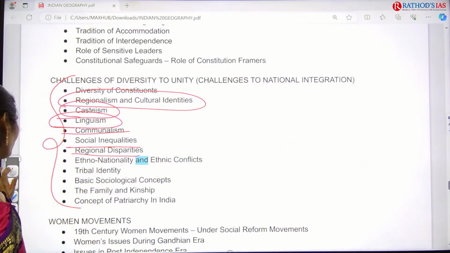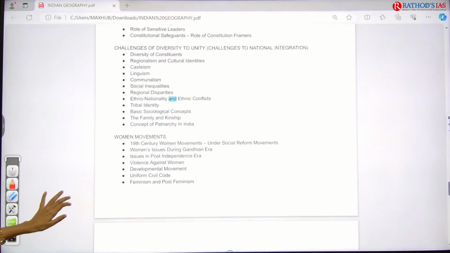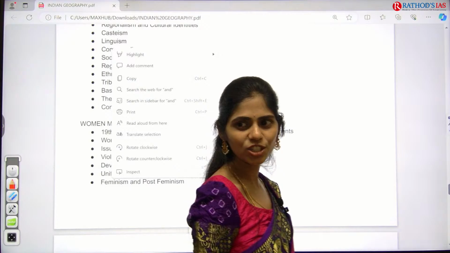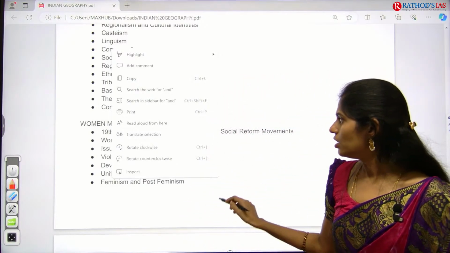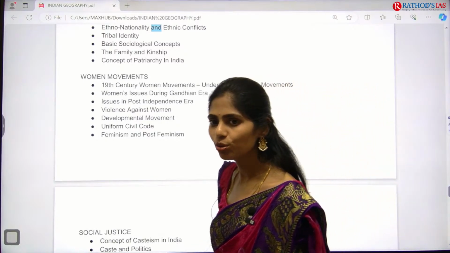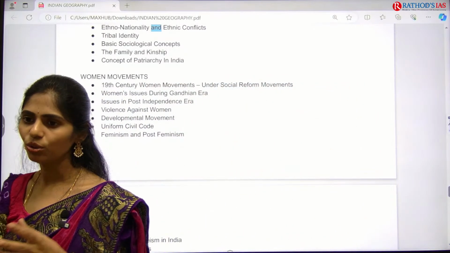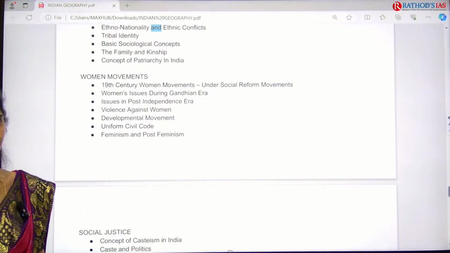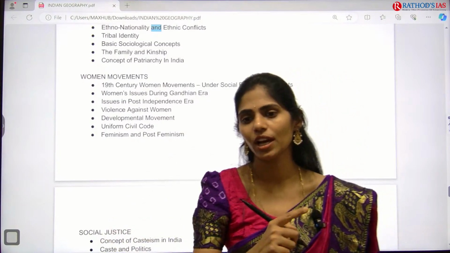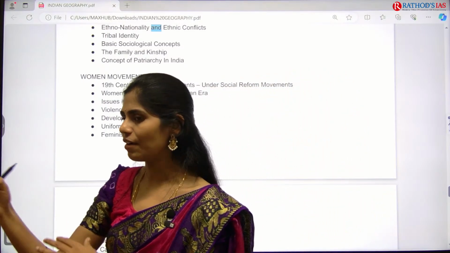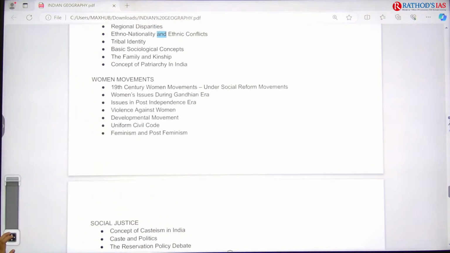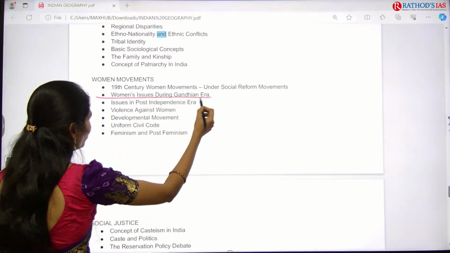And next one is you have to know about women movements. Actually, women were very strong even before we got independence. They are the positive energy of the family. Here in women movements, you have to know about social reform movements led by women, and how those movements brought the change. If one woman comes out, then only other women will come out, or else they have to stay inside only. Okay, here you have to know about women's issues from the Gandhian era onwards,